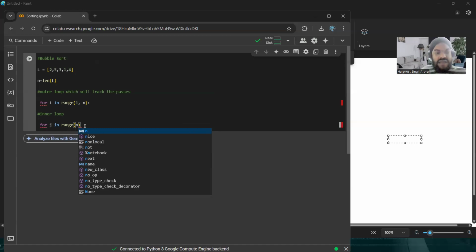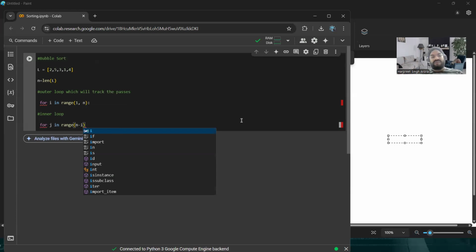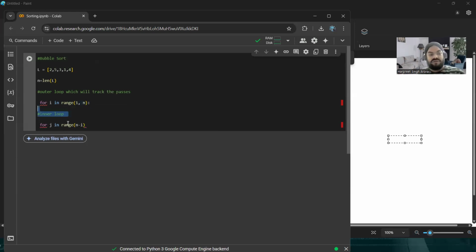Sorry, n minus i, because i is getting updated. j is comparing, minus this i. So the total number of elements is n, and we subtract i from it. So for j in range n minus i,